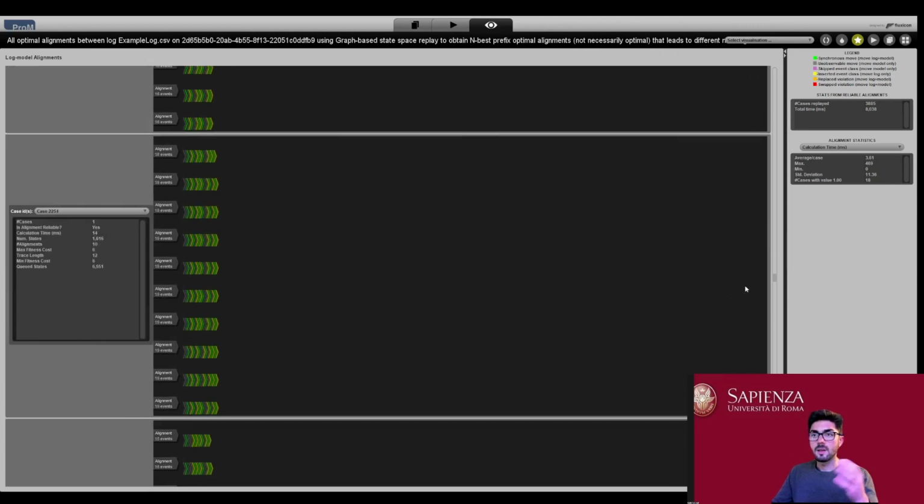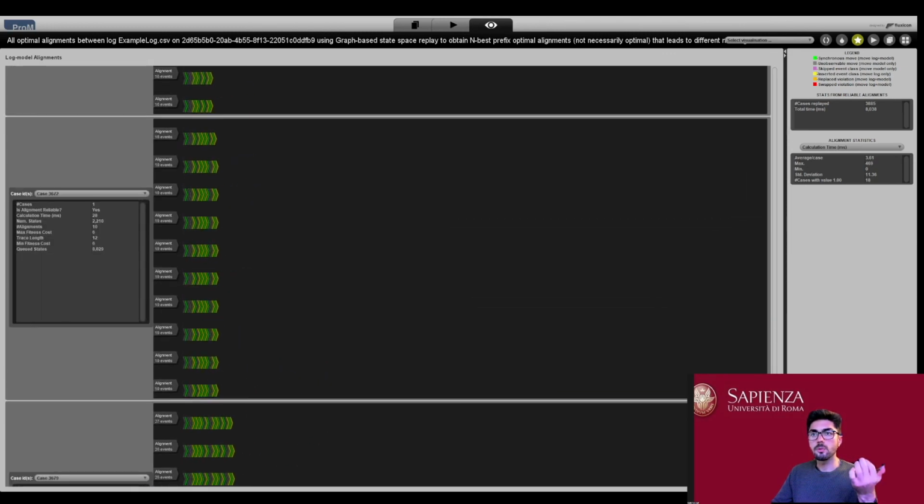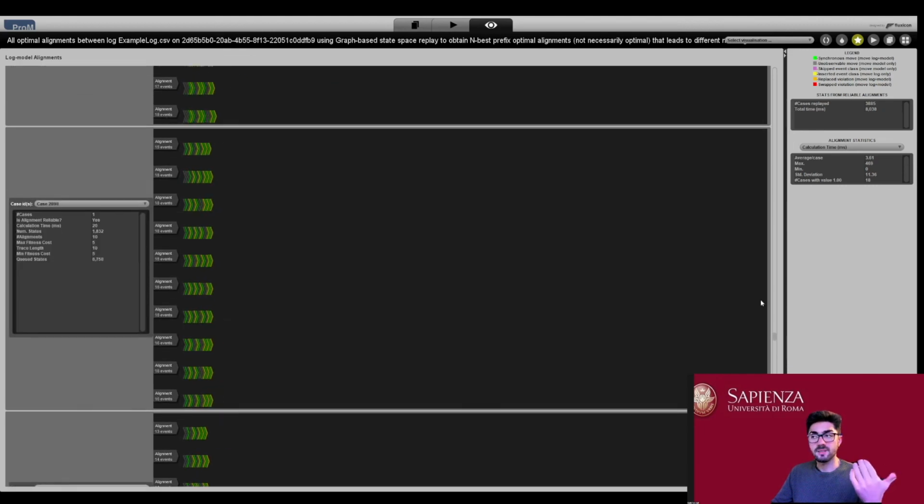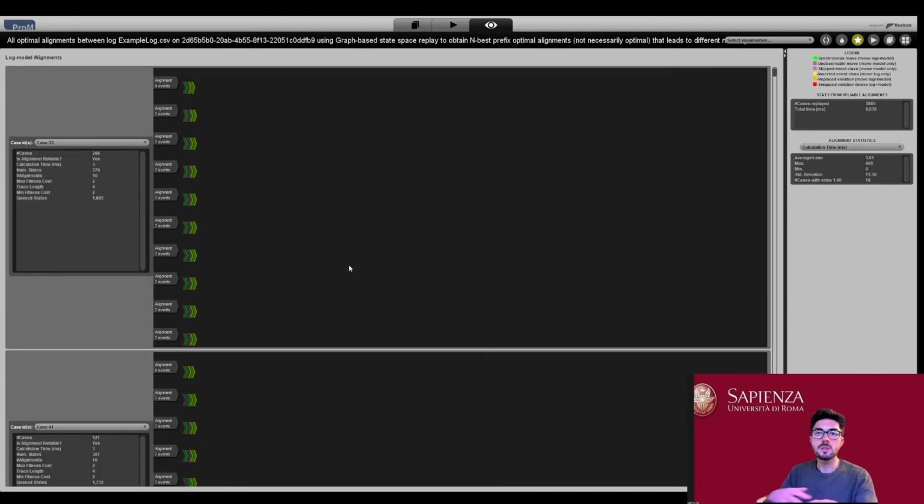And so basically what we are looking at are the traces of the log ordered on the basis of how well they fit into the model, the Petri net that we used. And that's interesting because it's showing us which are the traces that fit the best in the discovered model, and that could give us some kind of information.